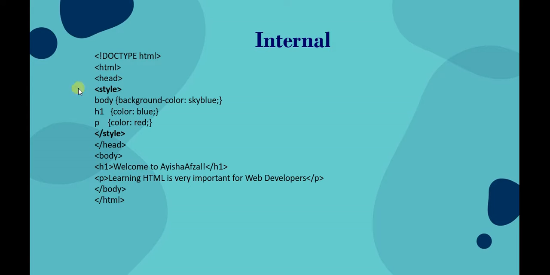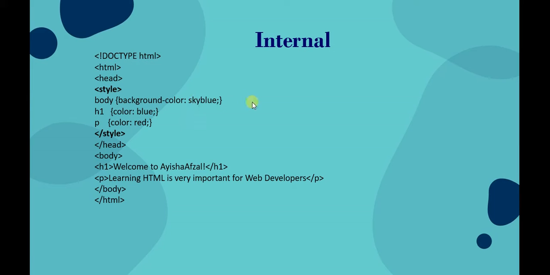For that purpose, inside the head tag we include the tag named style. Here we can use whatever tags we want to style. For example, I opened the style tag inside the head tag. For the body tag I want to style, for the h1 tag I want to style, for the paragraph tag I want to style. Just write the tag name itself. No need for the less than, greater than symbols, opening and closing. Just the name of the tag you want.